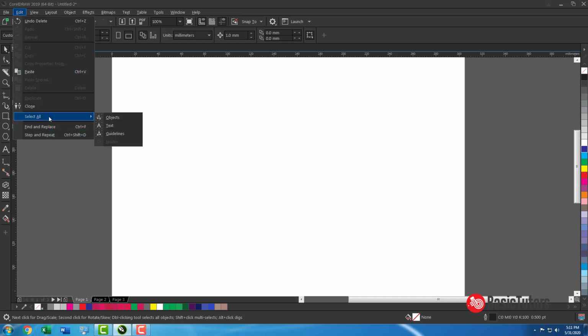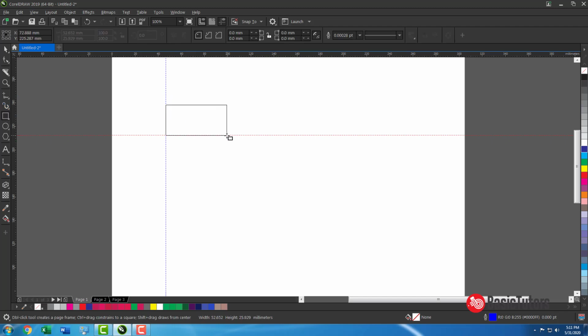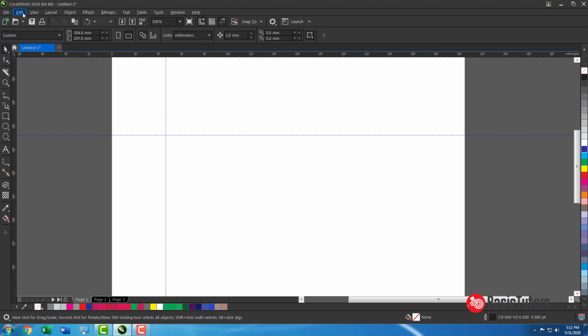And then this thing is called select all objects. The name itself says it selects all objects, and if you want to select all the text, you can use this. And then if you want to select all the guidelines, which are what we drag from the ruler, you can align things over the guidelines, like if we keep snap to guideline and then align over the guideline, you can use this one, selecting all the guidelines and deleting them. Okay, fine. This is the use of selecting.